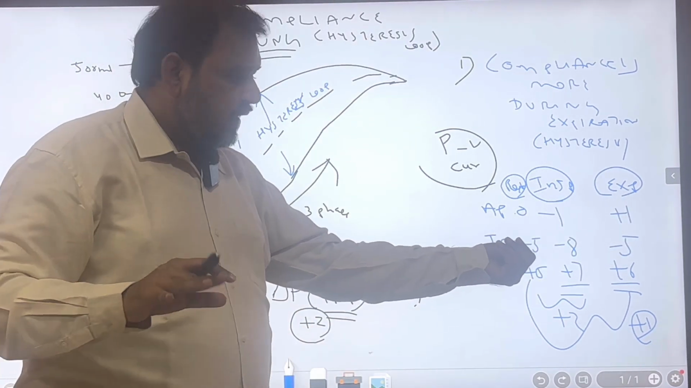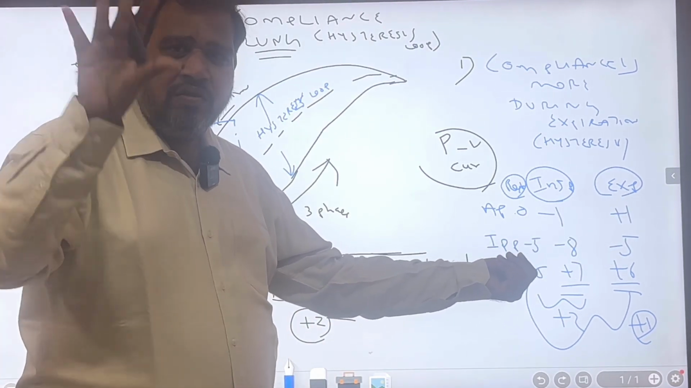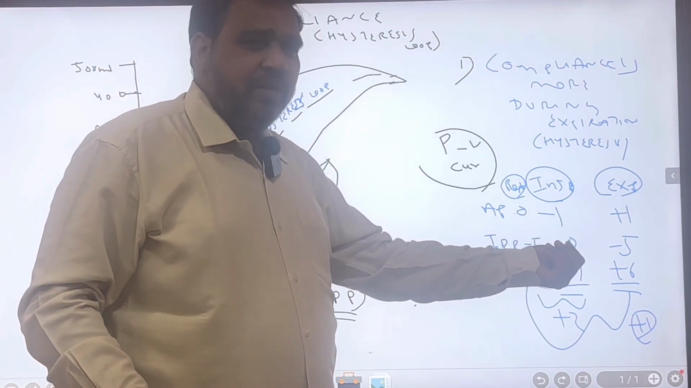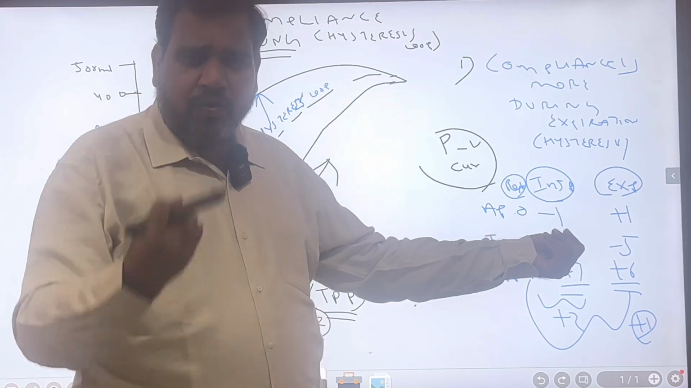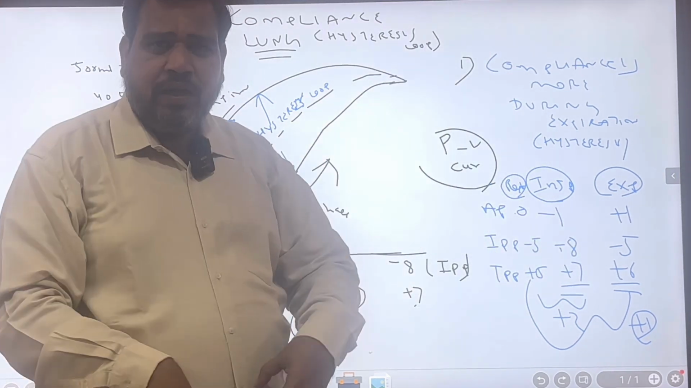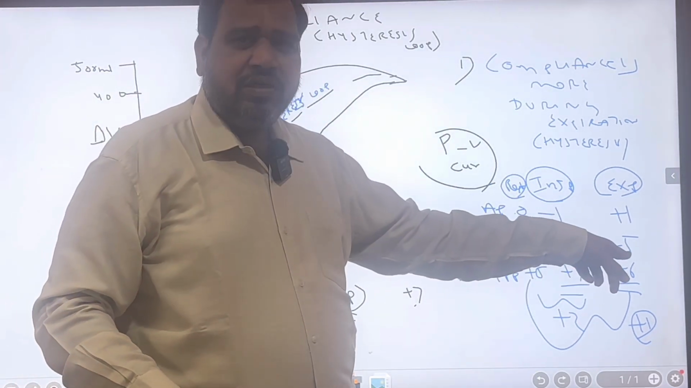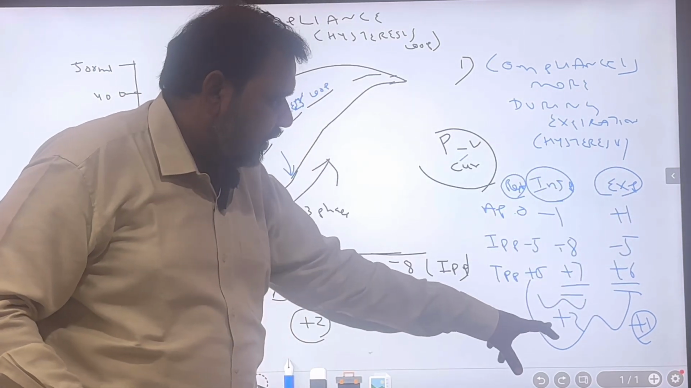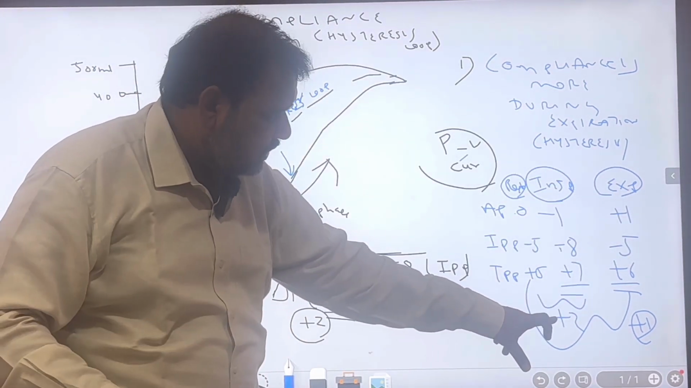Intrapleural pressure at rest is -5. Intrapleural pressure is always negative. Please watch my mechanics of respiration video. Inspiration, the pleural pressure becomes more negative, so the lungs expand, so that the air comes in, -8. Expiration, it is -5. So even when I put the values, what I want you to note down is +2